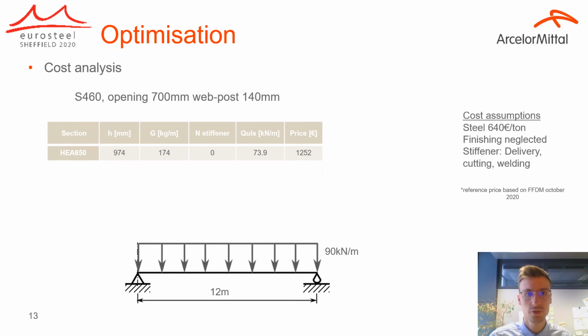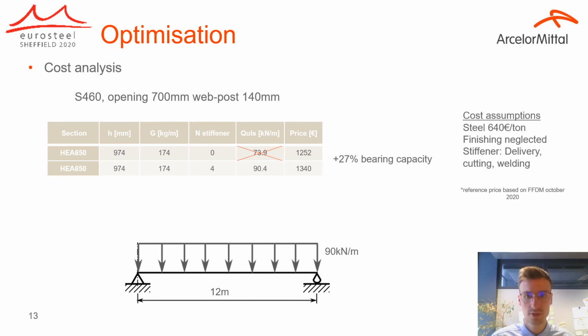Here is the first solution with an HEA 650, and we see that we do not reach the bearing capacity target. But if we take the same beam and just weld 4 stiffeners, by which I mean 2 at each end of the beam, we can increase the bearing capacity to 90.4 kilonewton per meter,